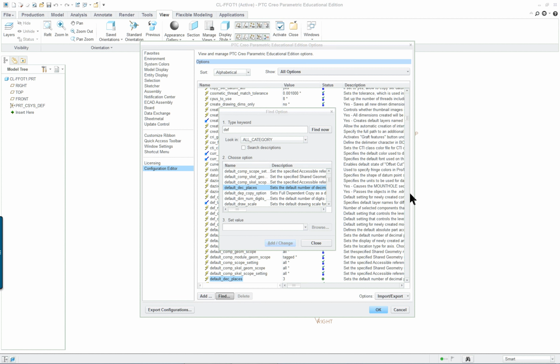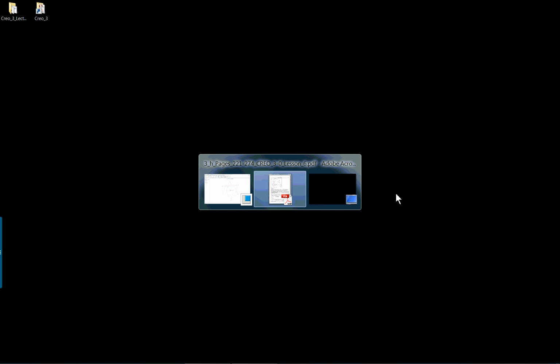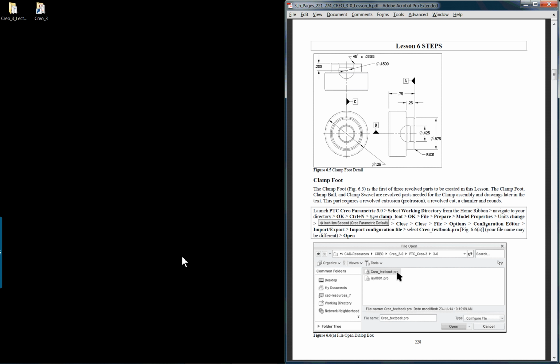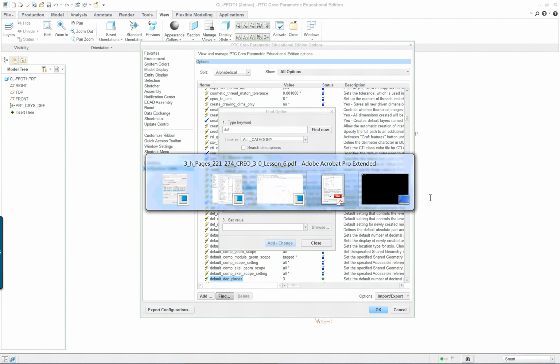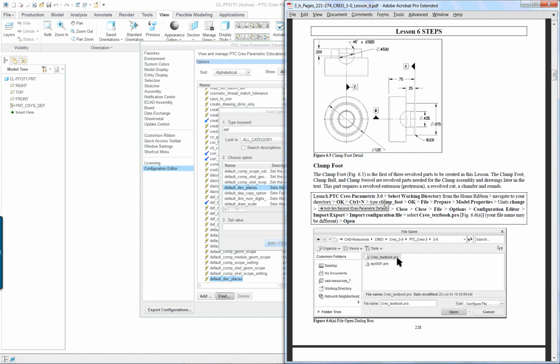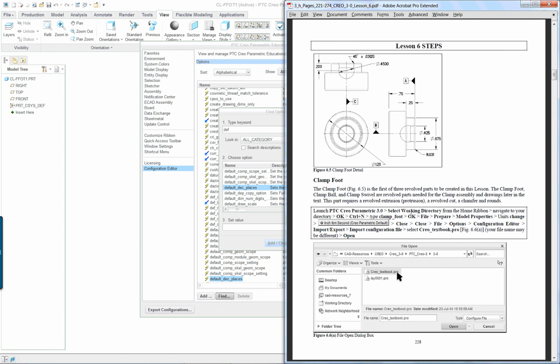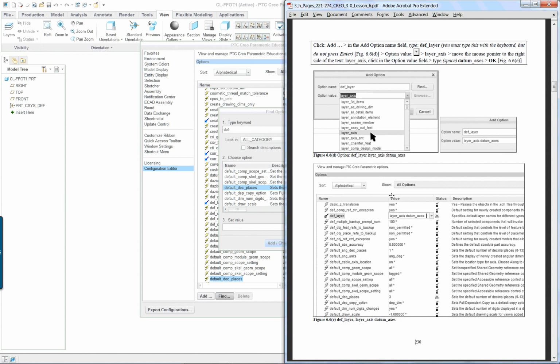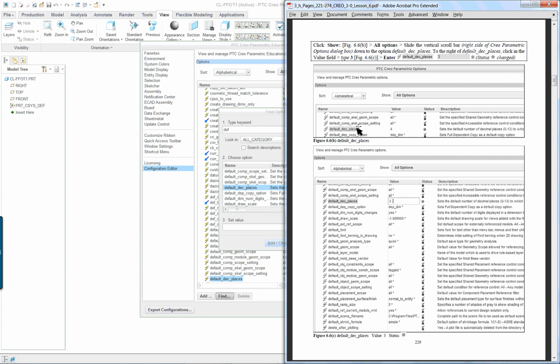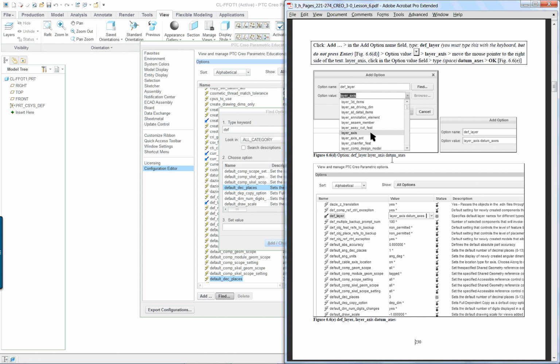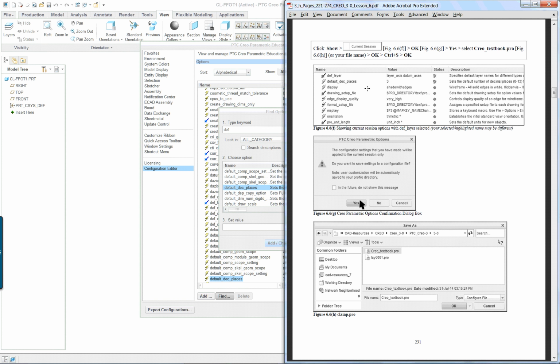So when you go through the requirements of the book, you're going to be setting these, and then you're going to import from the previous lessons, lesson 2 in particular. But then you're going to make some new changes, and when you're done, you're going to save them, and these will then be attached to that continuing growing config.pro that you've got. So your configuration file is very important. You're going to set up the default decimal places, and then you're going to add layer axes. And again, I'm not going to go through all that. You just make sure you follow the